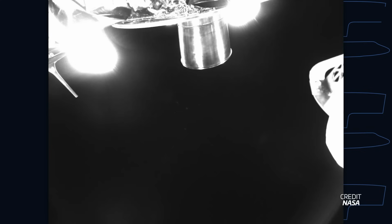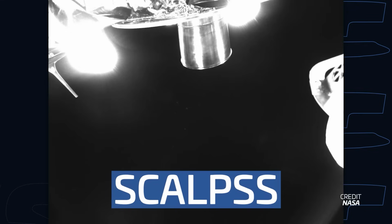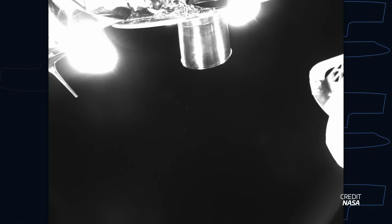On board the lander is also an experiment called Stereo Cameras for Lunar Plume Surface Studies, or SCALPS, which is a set of cameras mounted near the aft end of the lander. These look down on the engine and are aimed to study the interaction between the engine's exhaust plume and the